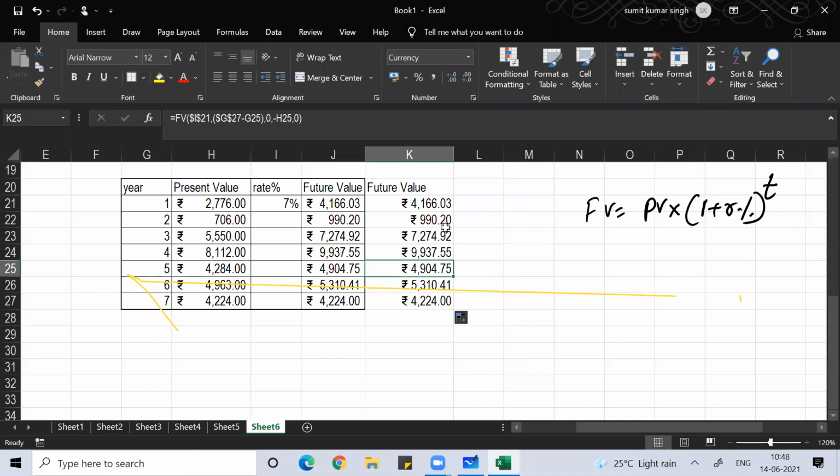Now double click here. This is the scenario. So you want to see this, F2.